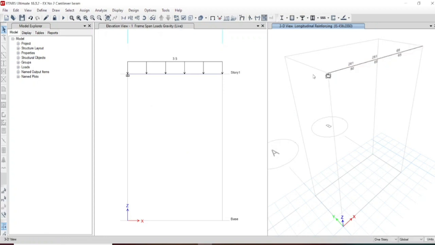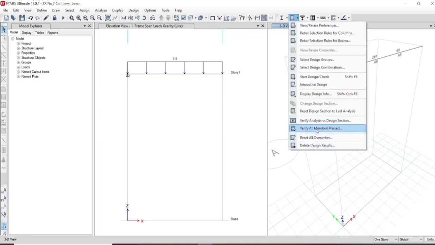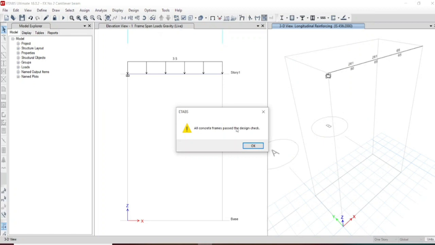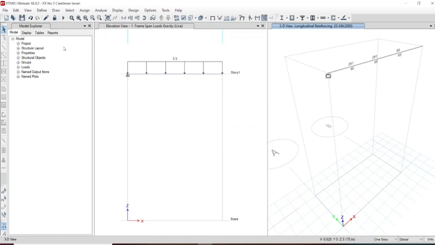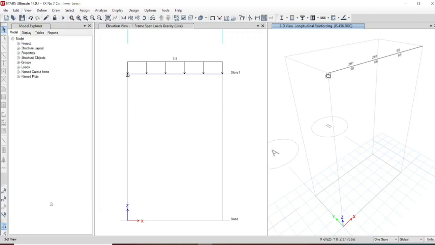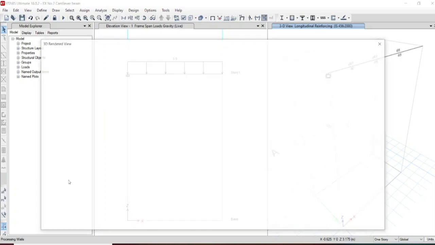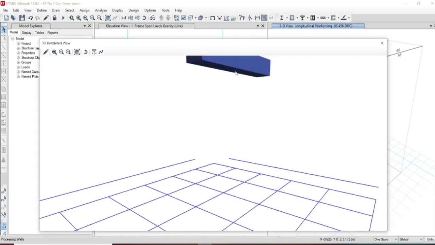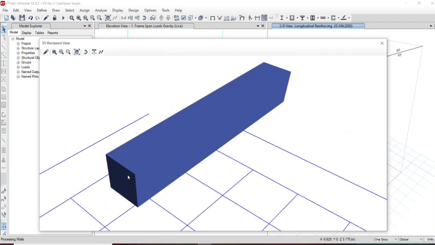Yes, our design is over. Let us check, all the concrete frames passed the design check. Whatever we have provided, that is 0.3 by 0.3 depth. A cantilever beam is being designed, with one end fixed and the other end free.